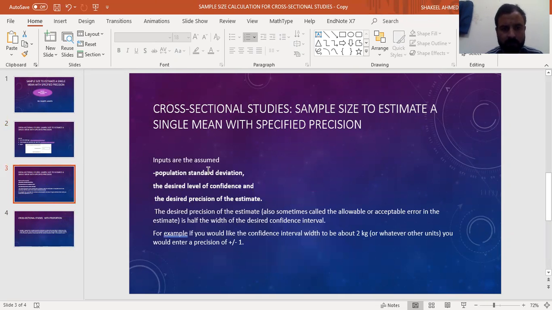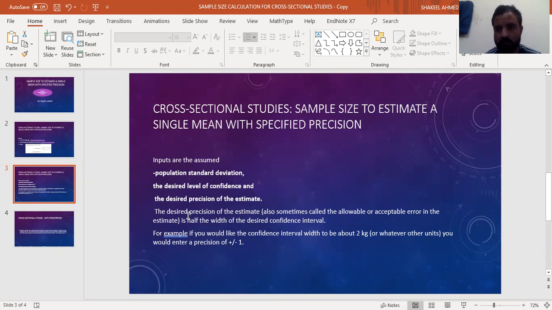The inputs are the population standard deviation, the desired level of confidence as we already discussed, and the desired precision of the estimate. The desired precision of the estimate, also known as allowable or acceptable error in the estimate, is half the width of the desired confidence interval.